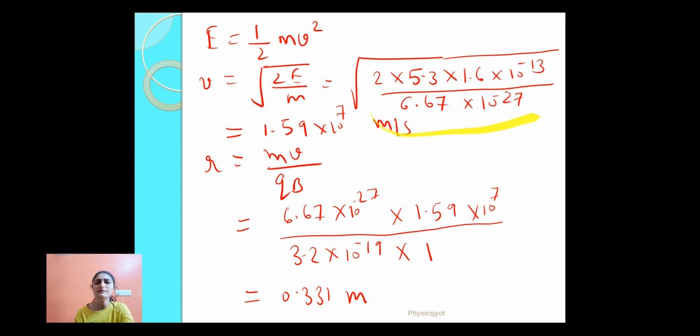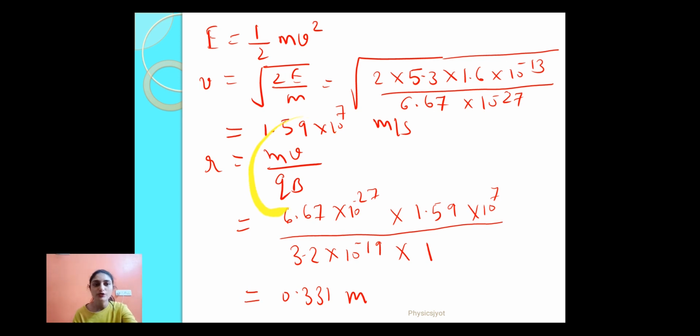And the mass of alpha particles, many a time it is given, or at times it may not be given, but we know that an alpha particle is nothing but the helium nucleus with atomic number 2 and atomic mass number 4. So the mass of helium will be 4 times the mass of a proton. Mass of proton is 1.67 into 10 raised to minus 27 kg. So if you know the mass of proton, just multiply that by 4. If you multiply 1.67 into 10 raised to minus 27 by 4, you will get approximately 6.67 into 10 raised to minus 27. So it may happen that the mass and charge of the alpha particle may not be given. You have to remember that the mass of an alpha particle is 4 times the mass of a proton. Charge of an alpha particle is 2 times the charge of a proton. Charge of a proton is 1.6 into 10 raised to minus 19 coulomb.